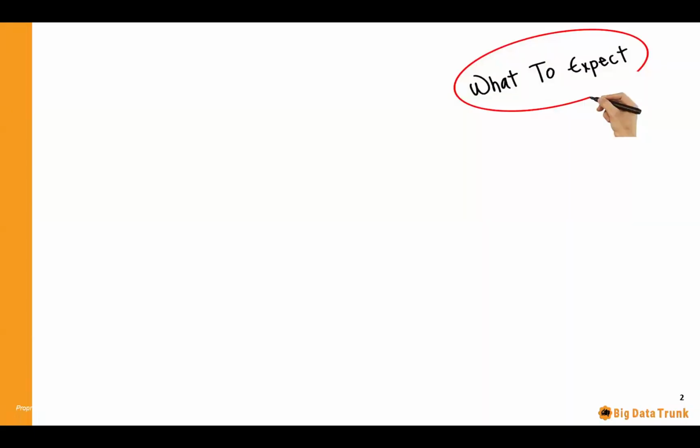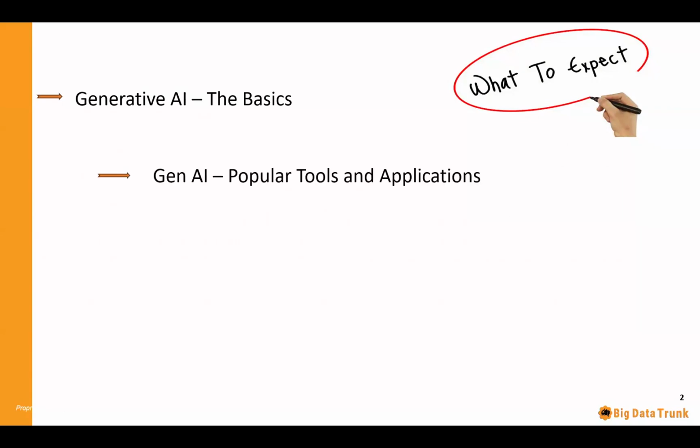Like Raj has already mentioned, this is a beginner level webinar on the essential building blocks of generative AI. Over the next 45 minutes, this is what we are going to try to cover. We'll begin with exactly what generative AI is, how it has evolved over time, and what are the various kinds of tasks that fall within the scope of generative AI. We'll spend quite a lot of time looking at some of the popular tools within the Gen AI landscape, and the various kinds of application domains and use cases with respect to those tools.